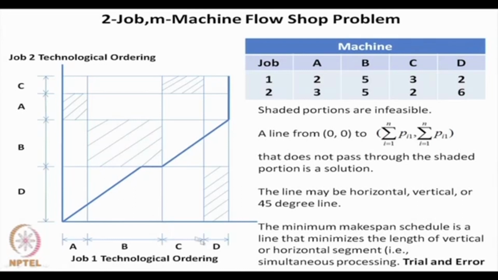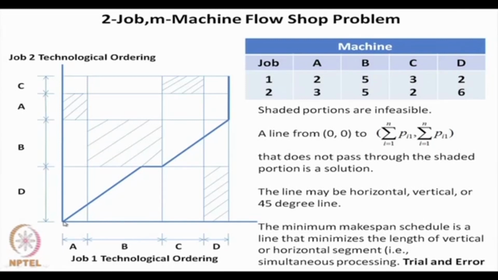Similarly, C and C, this also is an infeasible area, and D and D, this is an infeasible area. So, we have shaded these zones as infeasible, and we should proceed from this point, which is the